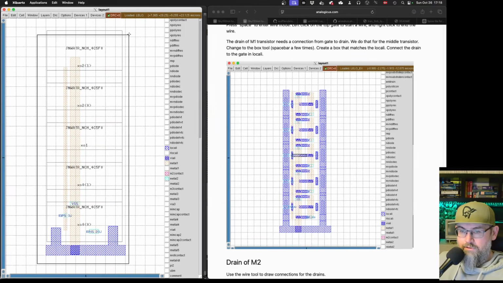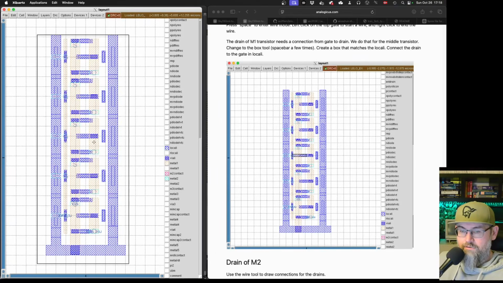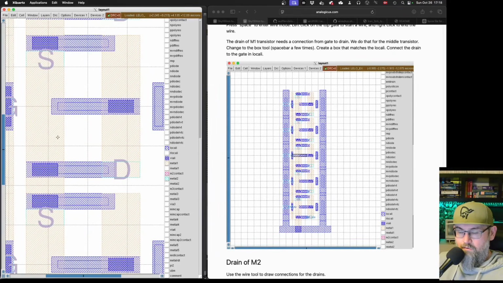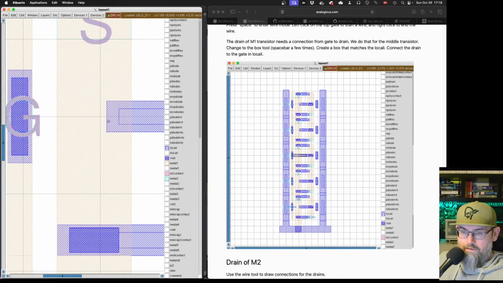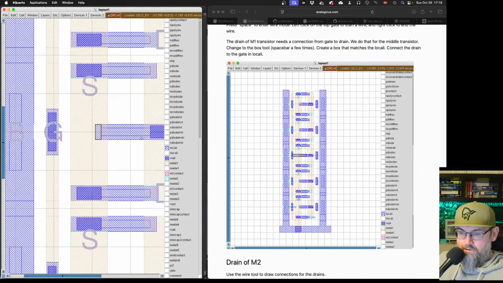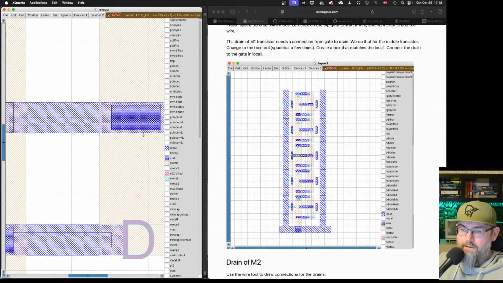So right now I'm doing Shift X. I want this middle transistor to be our diode connected transistor. But I don't want to connect in metal 1. I want to connect in the local interconnect. The reason I want to connect in the lowest possible metal is that